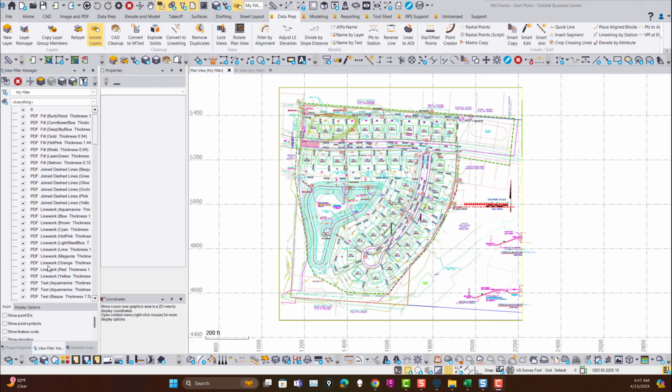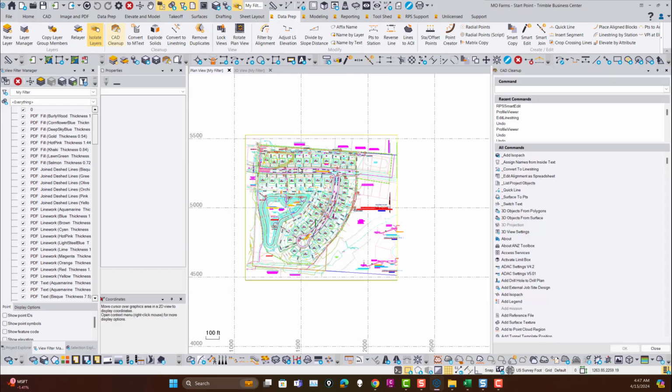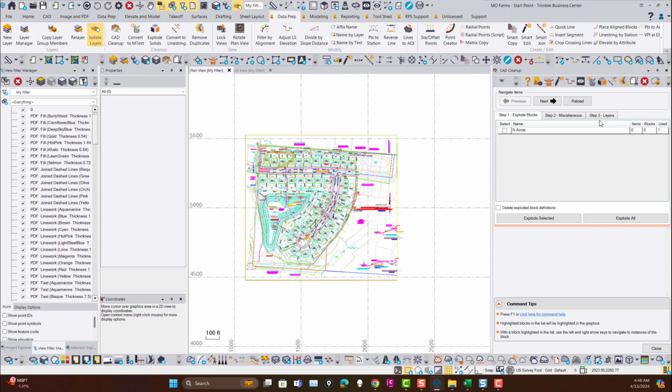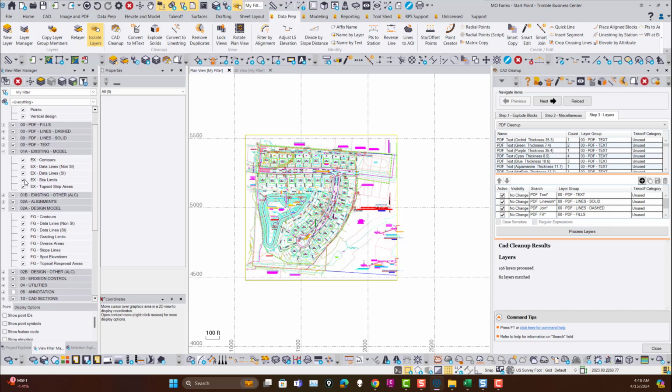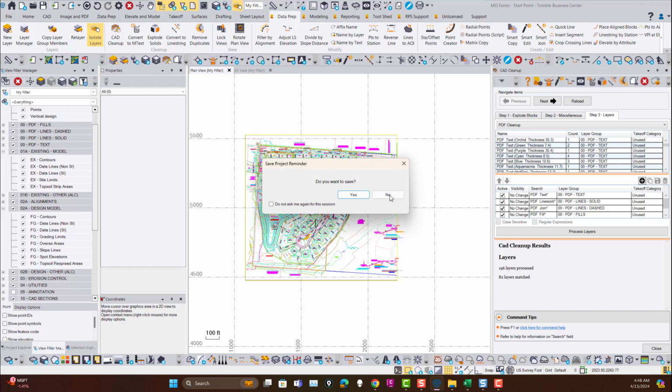There's a couple of things that we recommend that you do at this stage. One is that you run CAD cleanup and you run the step 3 function, and in here we've added a new rule set called PDF cleanup, and all you do is you pick that and say process layers, and what that does is it puts all of this PDF line work into 4 layer groups. So now we have a fills layer group, a dashed lines layer group, a solid lines layer group, a text